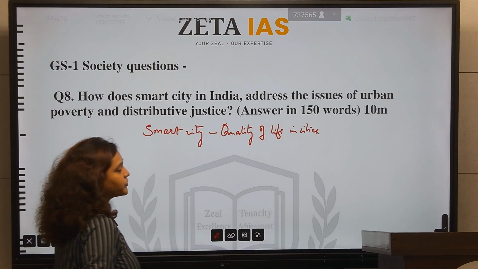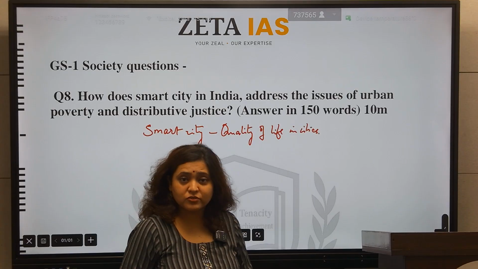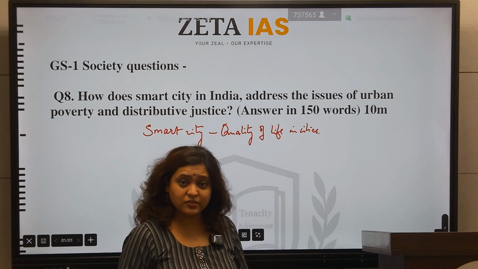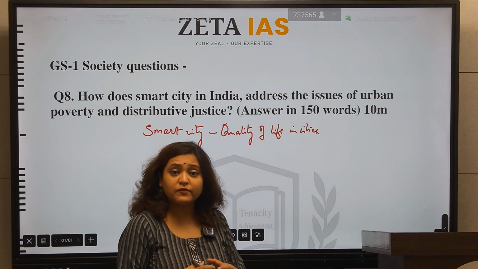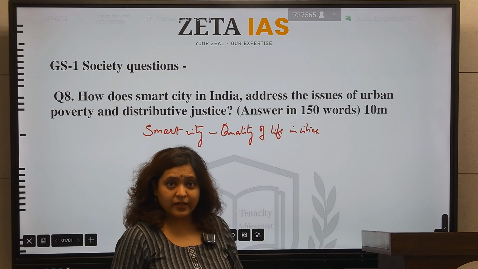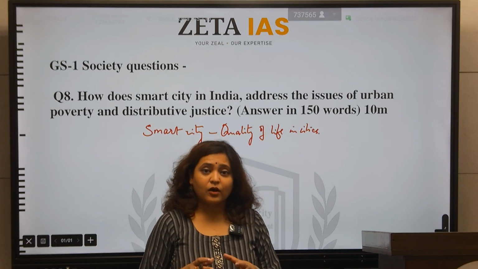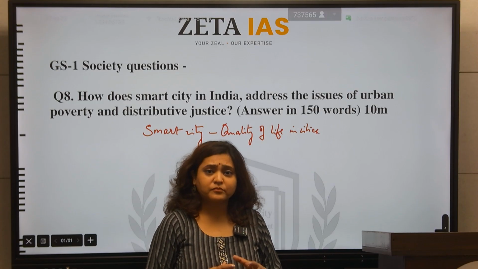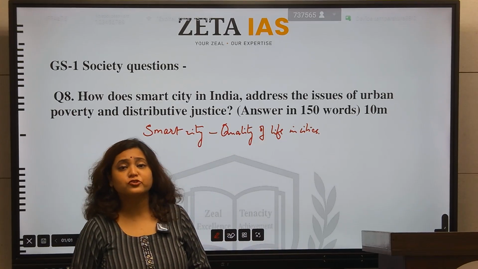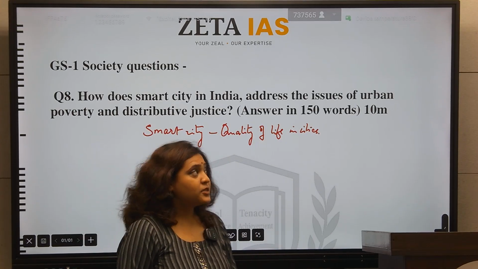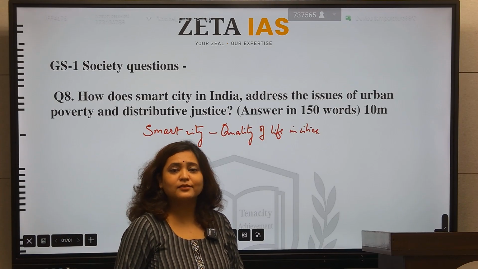Now, as we know that the population is expanding and the urban areas are expanding, there is a lot of pressure on the metro cities, because metro cities provide employment opportunities. So a lot of people are going towards the metro city. If you take for example Delhi, in a recent survey it was noticed that 40% of Delhi's population comprises people from eastern UP and Bihar. What does it mean? It means that people are coming to Delhi in search of employment for a better life. So this was one initiative by the government of India to make the cities more livable.